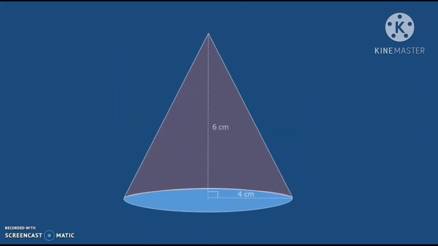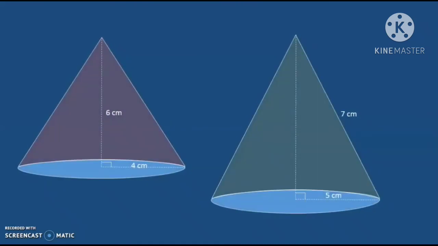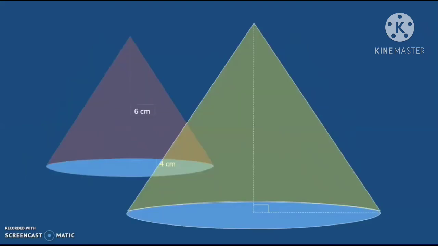Let's try another example. Alright, before we move further, we need to see the difference between this question and the very first one. The very first question gave us the values of the radius and slant height. This question, however, gives us the radius and the height of the cone itself. Here is our formula for the surface area of a cone.